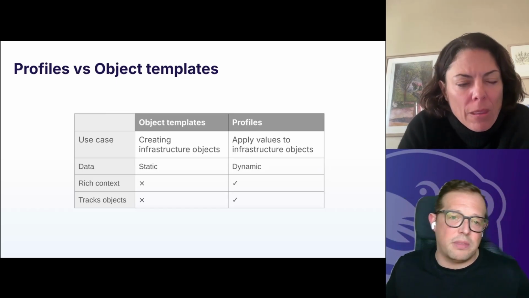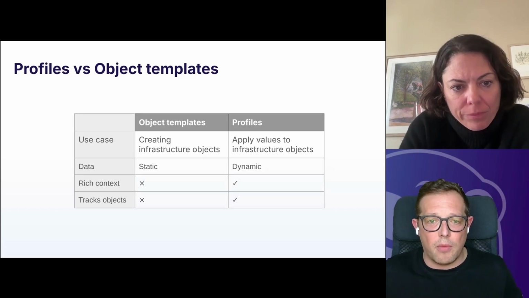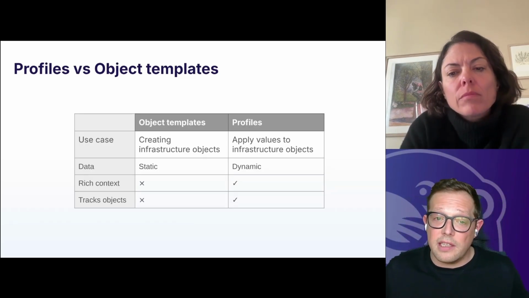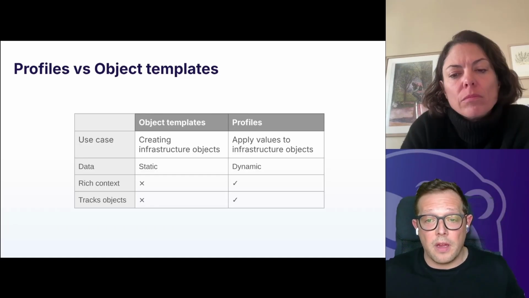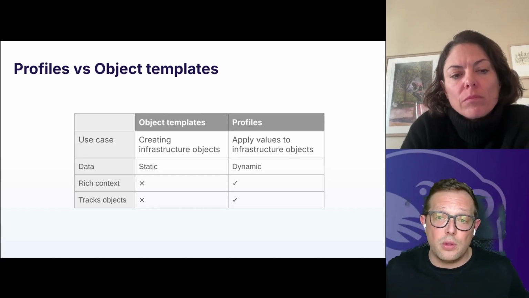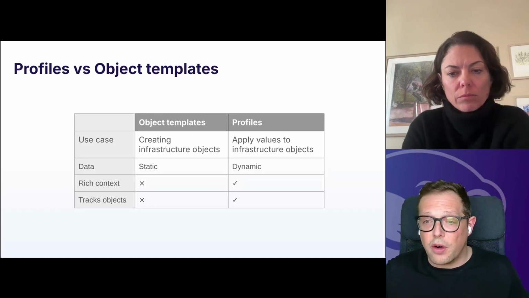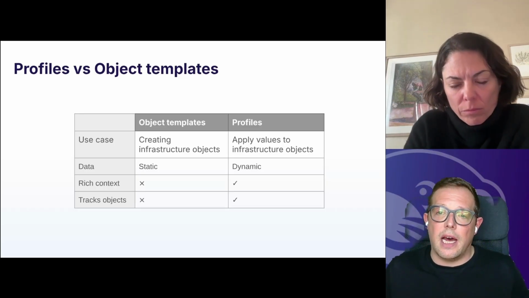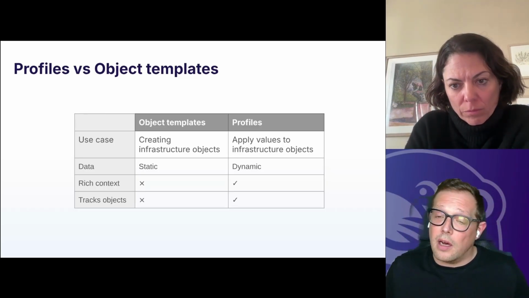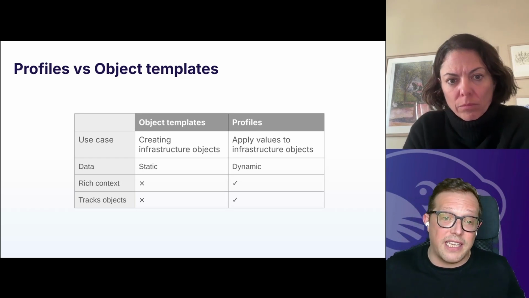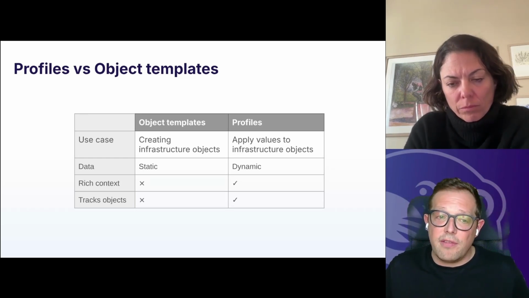The main distinction between the two features is that object templates are mainly being used when you want to create infrastructure objects, whereas profiles are mainly used to enforce or apply values to specific properties of those infrastructure objects. Now, those values could also be defined in a template, but the difference is that